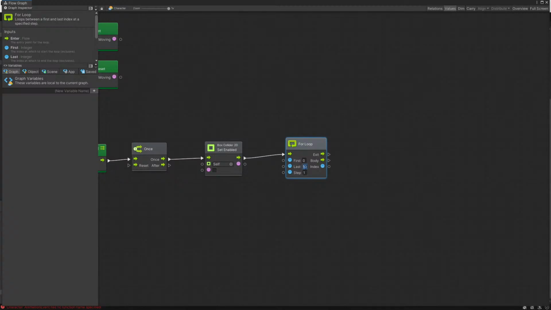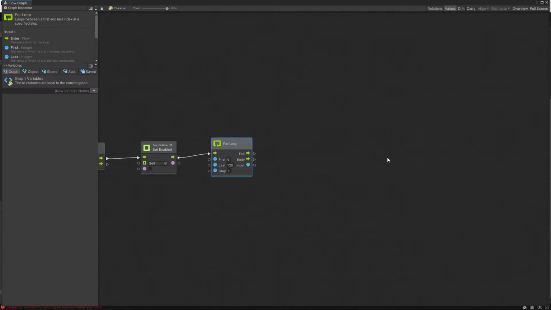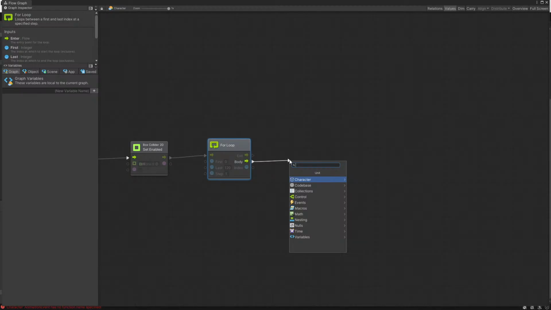We'll animate for, let's do 120 frames. That might be still too fast. I don't know what the game frame rate is going to be running at, but let's just use 120 frames. And on each animation,